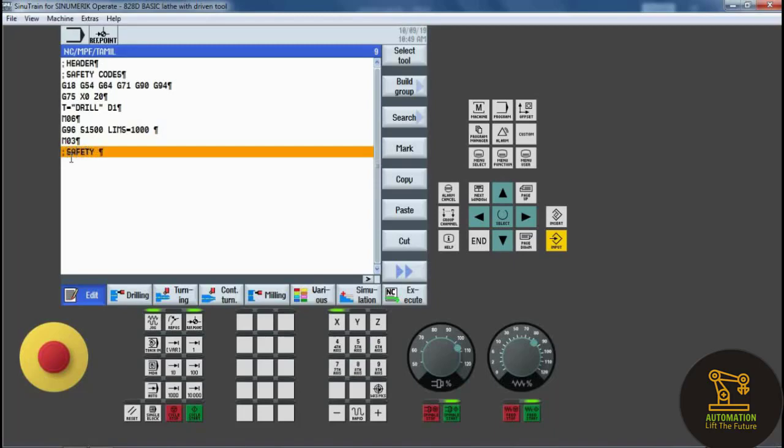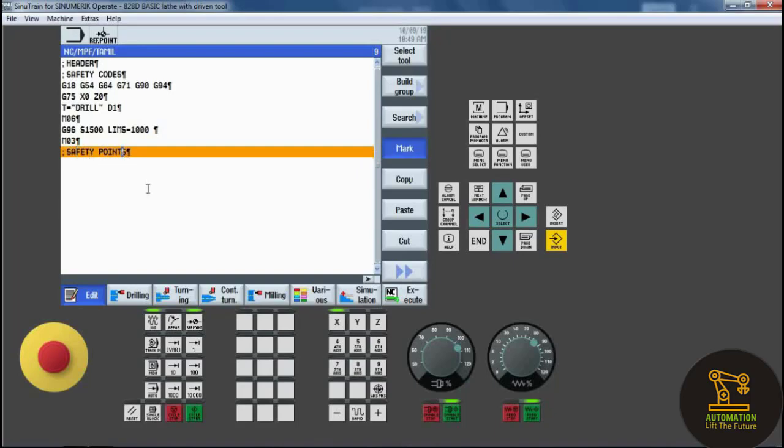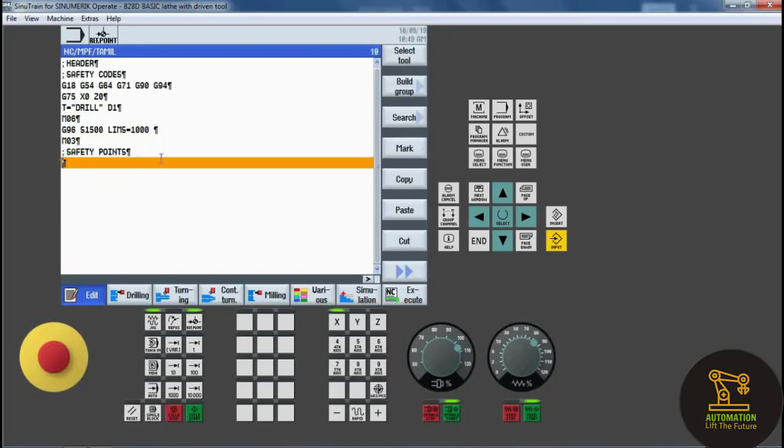So next one is safety points. Safety point means the tool is not touching the workpiece. That is called the safety point. For safety points we mention G00 and X0, Z2.